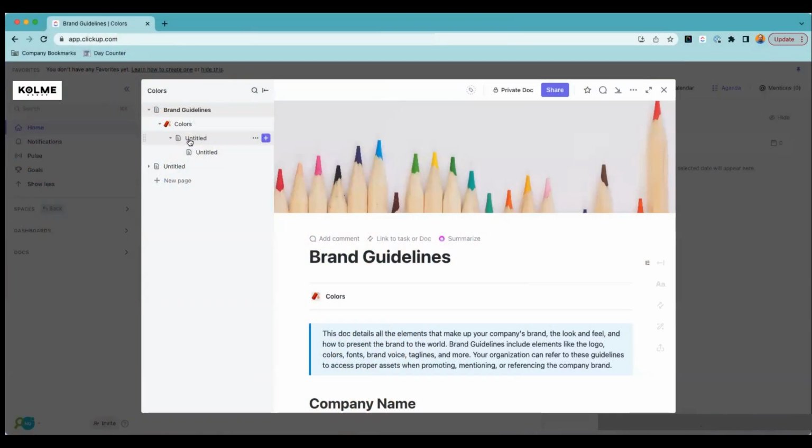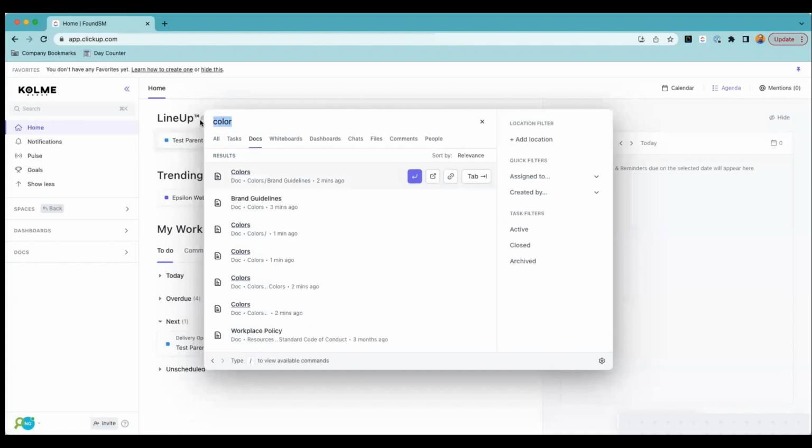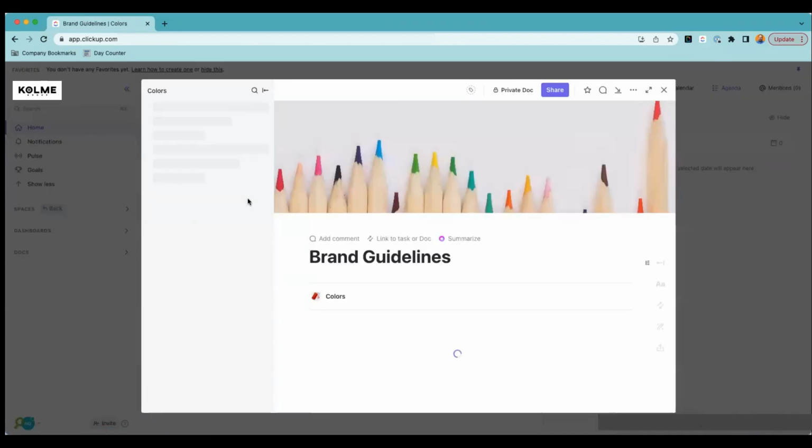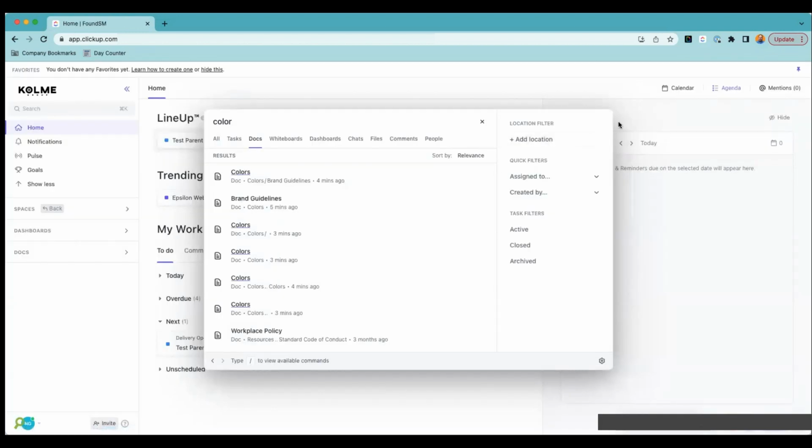Okay. I do have some teams, and internally, what we do is we do use some icons, if you will, so we know which one is appropriate for us. So sometimes if I search color or something like that, I'm like, I don't know which one I'm going for. I can get into one. I'm looking for this icon to where I know that that's the most current one. And if it's not the most current one, we get rid of that, and then we put that icon on the newest one. So that way we can get away with different versions and we know which version is the most correct. Okay. So that's just a trick